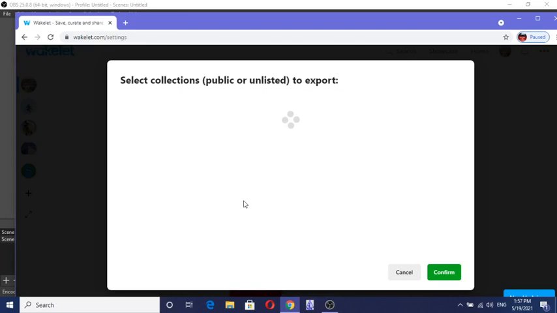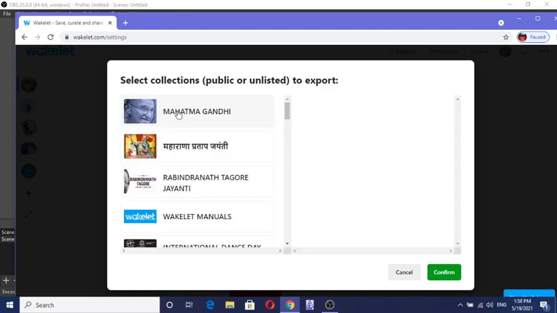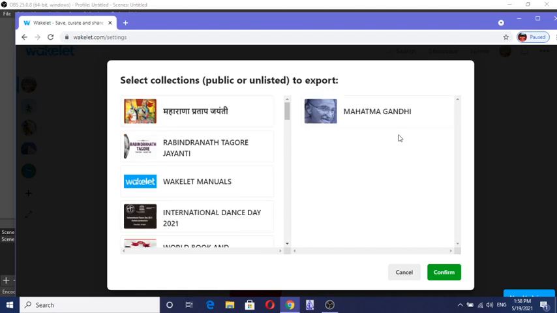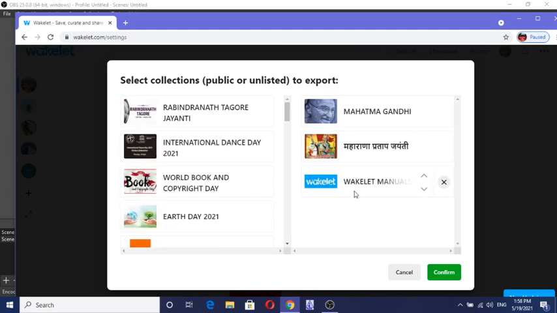From here you may get the PDFs on your email, and not for only one collection, maybe more than one. If I am clicking here, see, it is going to the right hand side. You may click from here and I click from here. Now from all these 3 Wakelet collections, we may get the separate PDF on our email just by clicking on confirm. Here, confirm. That's this option. I am not going to use this one, but I have already shown you. You may easily enjoy this one.